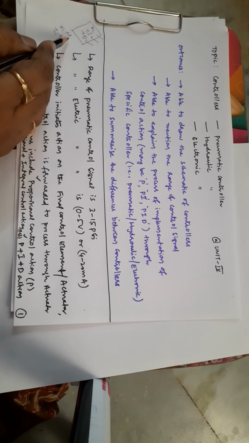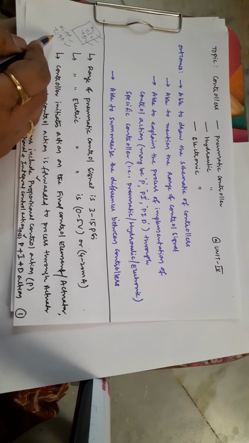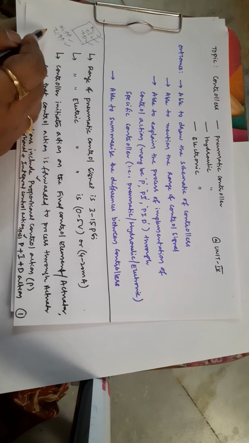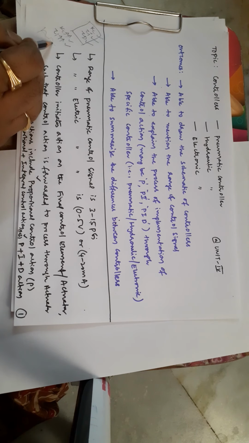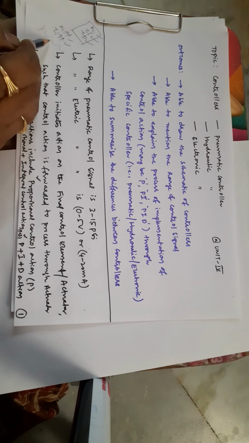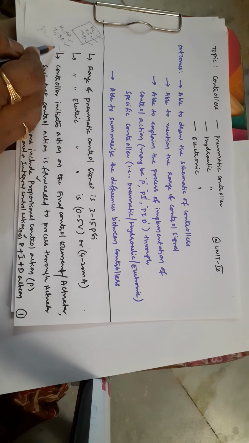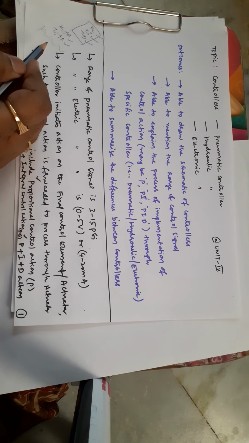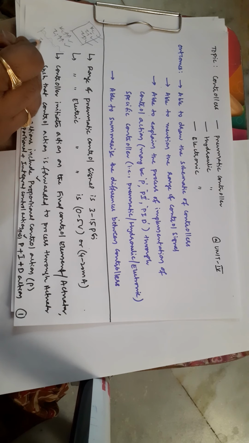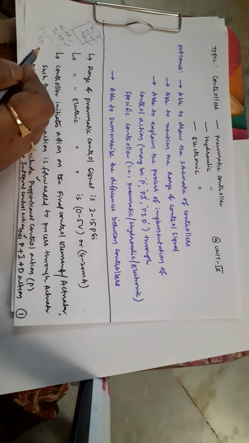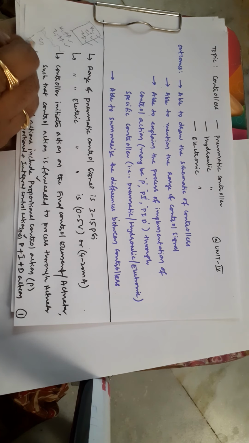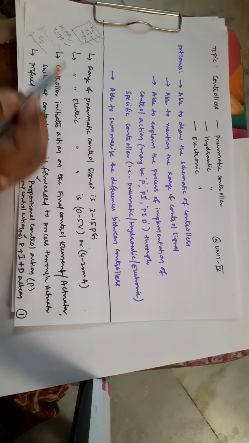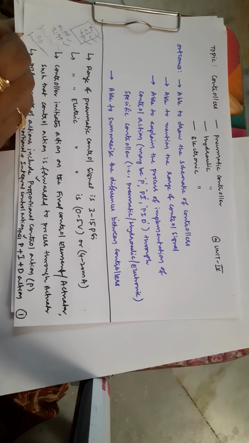Whenever these two actions are taken into consideration, there is a possibility of getting a cycling effect. Cycling effect means nothing but a continuous oscillation. Let us take this as my destination point. There is a possibility of getting oscillations like this. That means my output will be fluctuating across the destination point. Then we are going to have a tau D value, that is derivative time, where the derivative time makes the system stable, and it will decay the oscillations. Finally we are going to get a stabilized output.